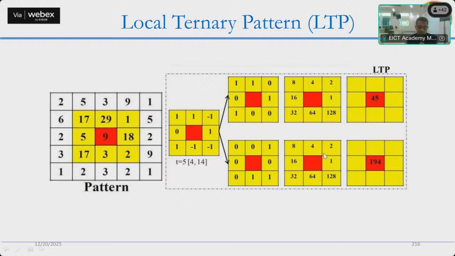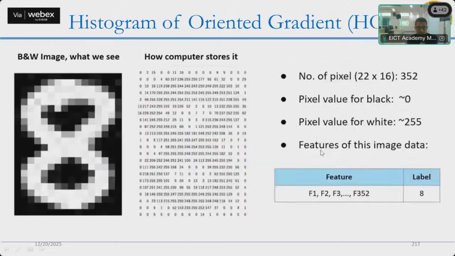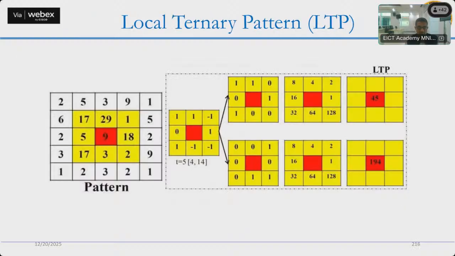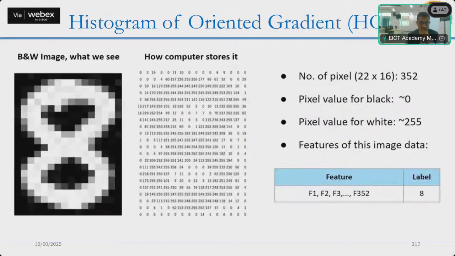Another is basically local ternary pattern. So what do we do in this local ternary pattern? Again, see, we have taken this as a different mask and we are calculating the value. This is basically histogram